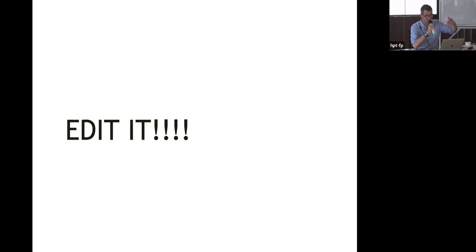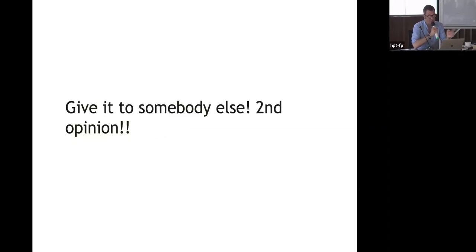And if you use this iterative way, you will improve your paper. And once you think, okay, it's done for me, give it to somebody, a colleague, somebody who perhaps speaks better English than you, a professor, and ask for a second opinion. Ask whether the story is clear. And then you will get feedback, and again, that means you will have to edit and read it again. But that's part of the game.